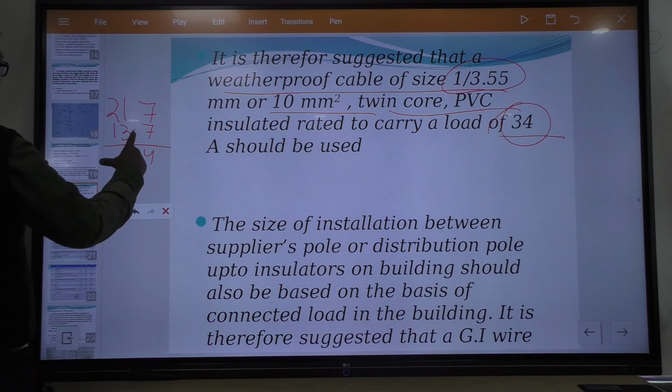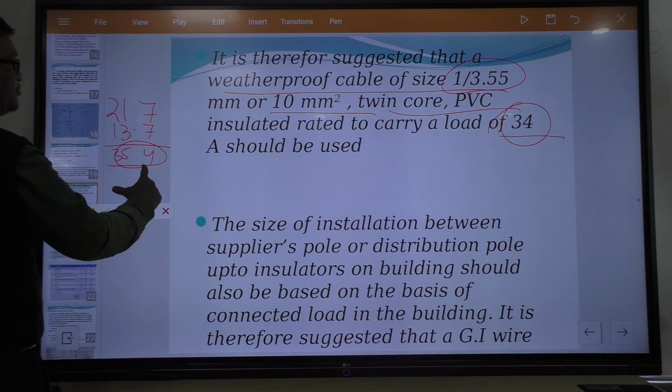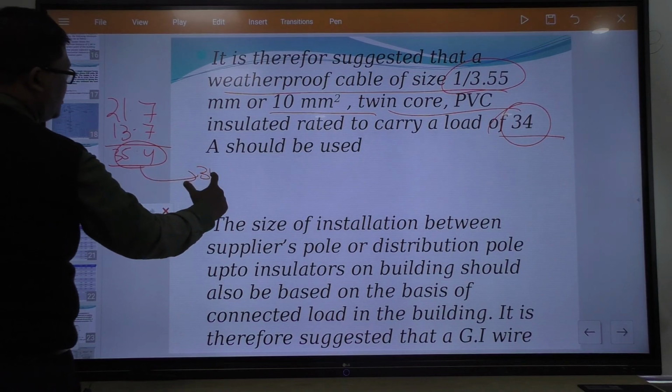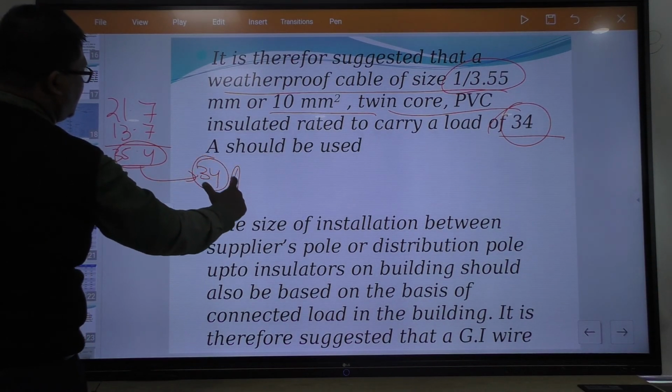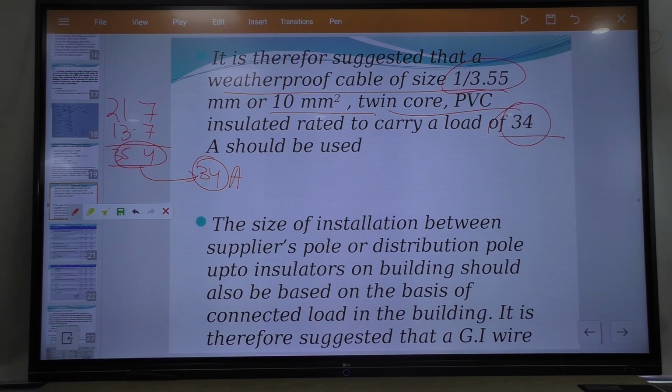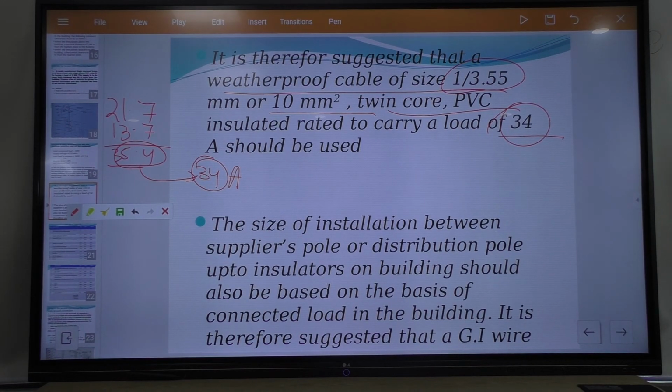It will come around 34.5. The nearest value in the conductor chart is 34 ampere, which should be taken. The size of the installation between the supplier pole or distribution pole up to the insulator on the building should also be